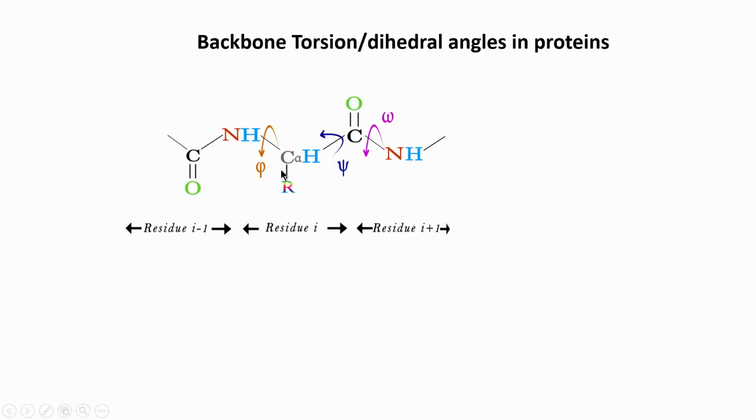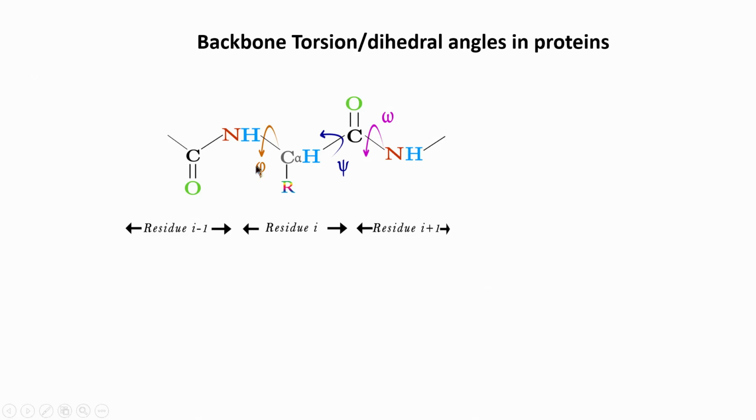In a protein, if you look at the backbone, there are different atoms and you can define different torsion angles for different bonds. Remember, a torsion angle is not the same as a bond angle. A bond angle is defined between 3 atoms, and a torsion angle is defined between 4 atoms, meaning 2 planes. I would strongly recommend you read this up in a textbook on structural biology, biophysics or NMR, and find out how we actually define a torsion angle. Many times people confuse a torsion angle with a bond angle, which is completely wrong.